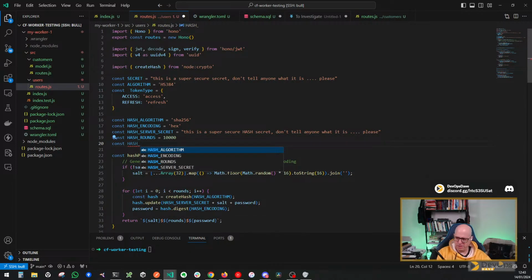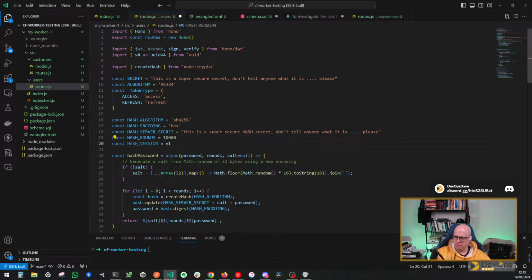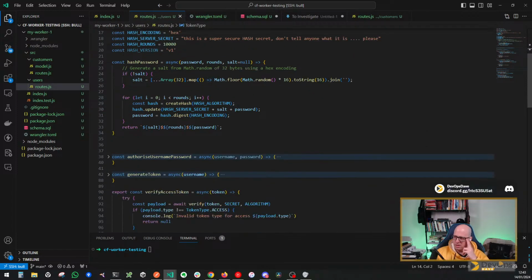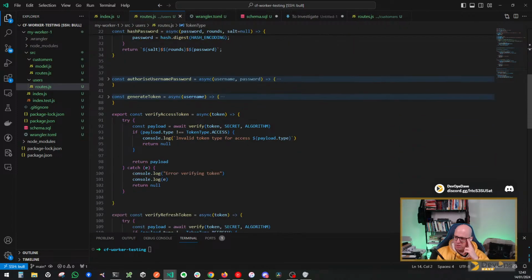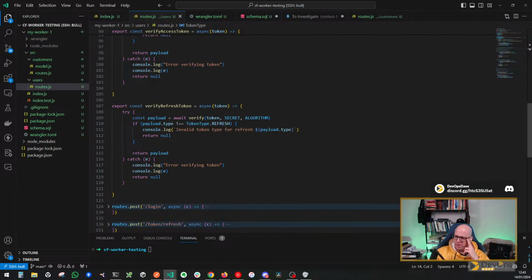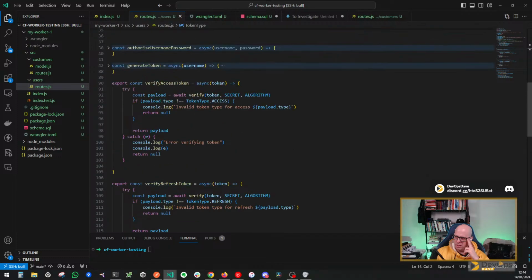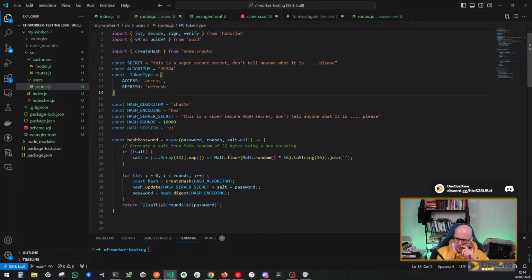Hash version. Oh, that's why I had that one. Like double quotes. Just trying to be a little bit consistent. It's fine though. Clean that up later. Okay, so now we have the hash version. Let's just add this into